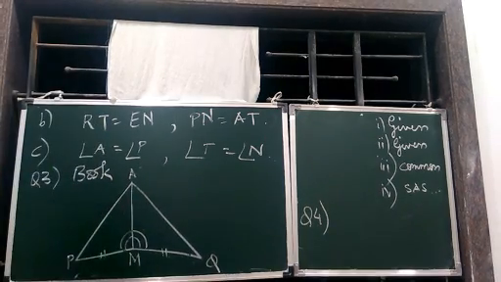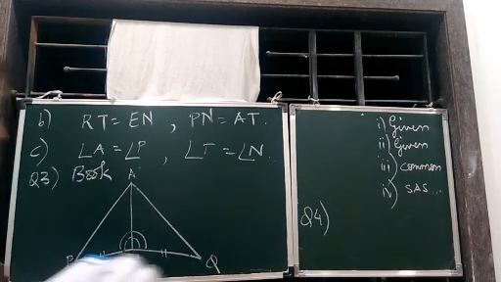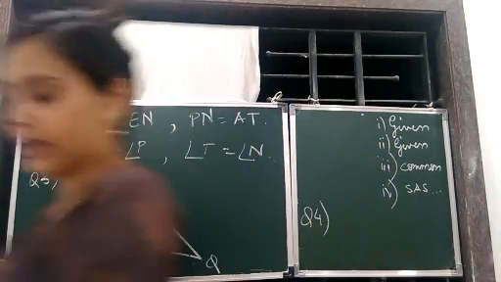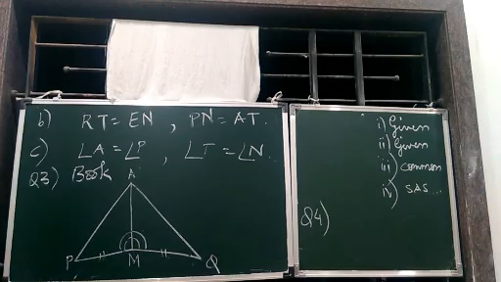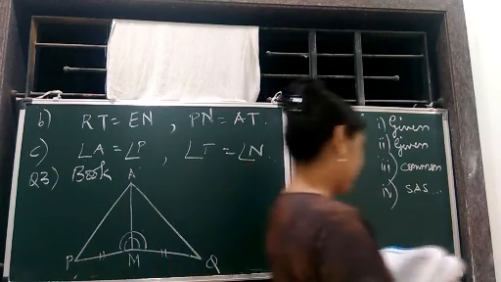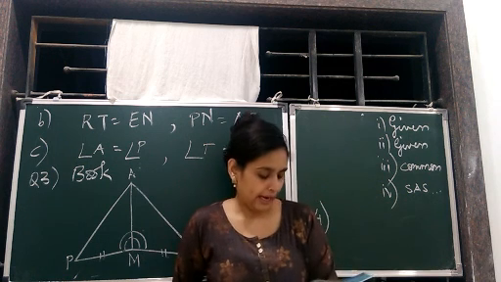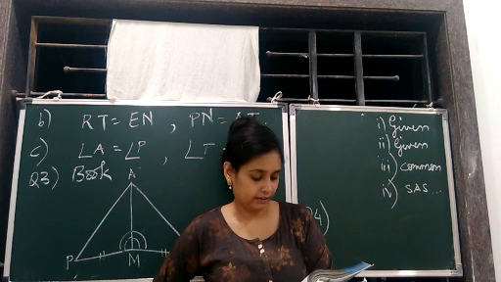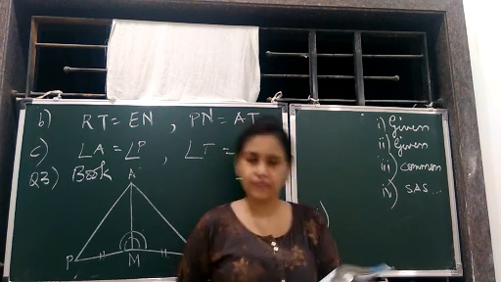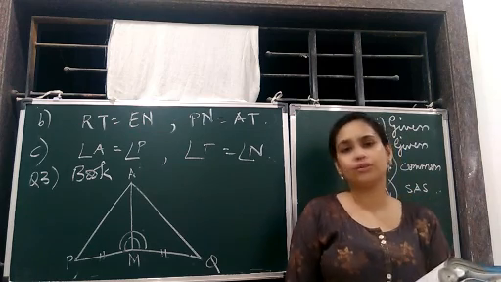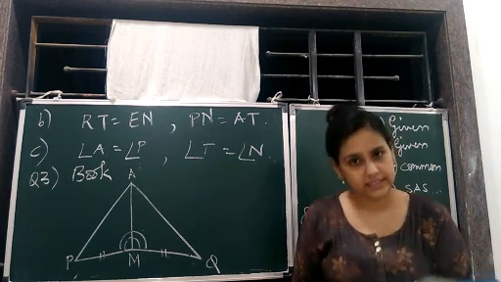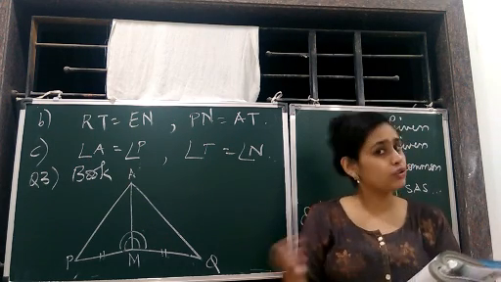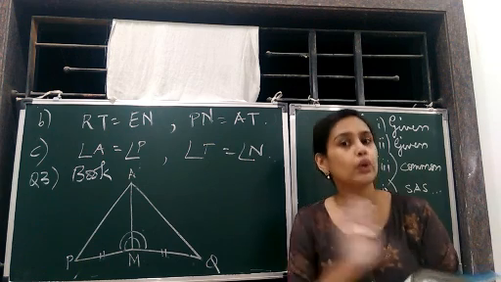In a given triangle ABC, angle A is equal to 30, B 40 and C 110. Similarly, there is another triangle PQR, where angle P is 30, Q is 40 and R is 110. A student says that triangle ABC is congruent to triangle PQR by AAA congruency criterion, that is angle. Is he justified? Have we studied angle congruency rule? No, we have studied side, then side angle side, then angle side angle, and then the RHS. There is no AAA. So is he justified? No, he is not justified.